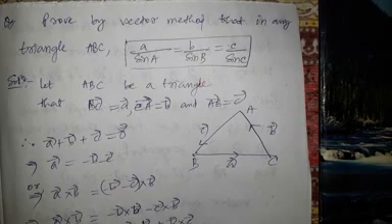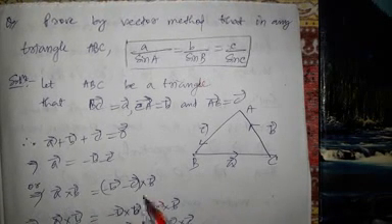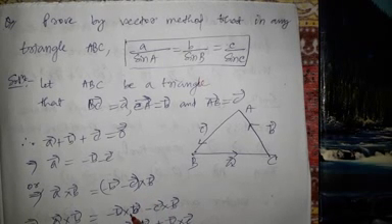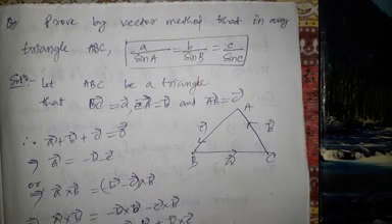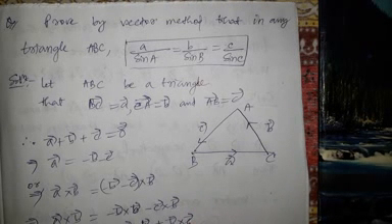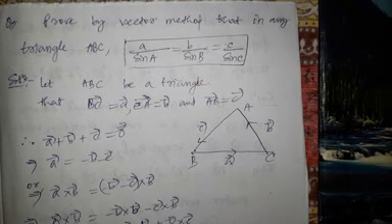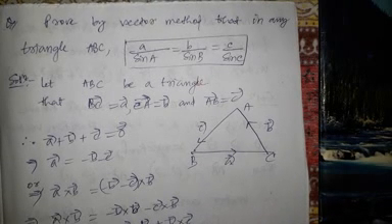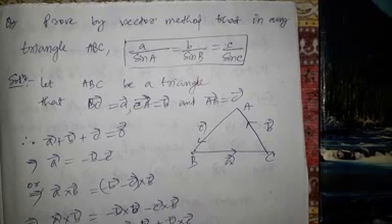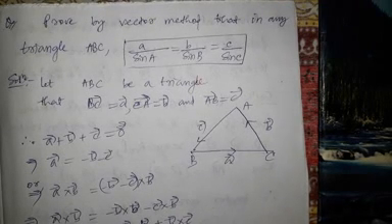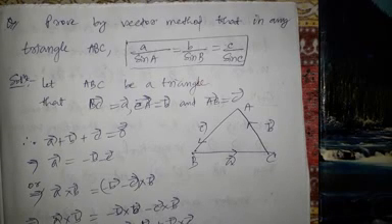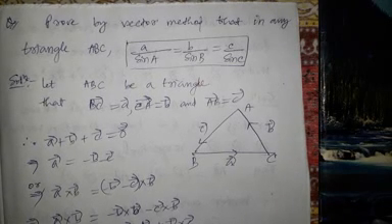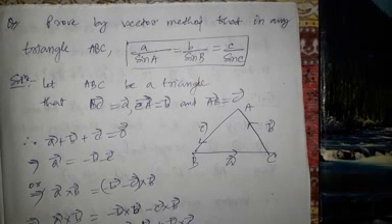Now A cross B is equal to minus B vector cross B vector minus C vector cross B vector. That is minus B vector cross B vector is equal to 0 vector, plus B vector cross C vector. That means the result is B vector cross C vector. Similarly, B cross C vector is equal to C cross A vector. Now A cross B is equal to B cross C is equal to C cross A. Now the magnitudes of these are the same. Now after finding the magnitude, then half multiplied.